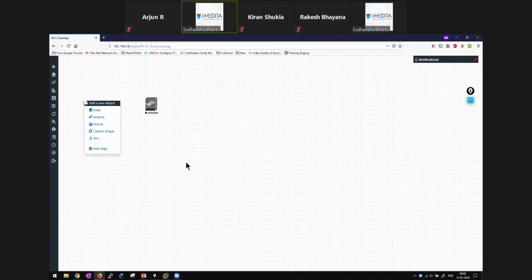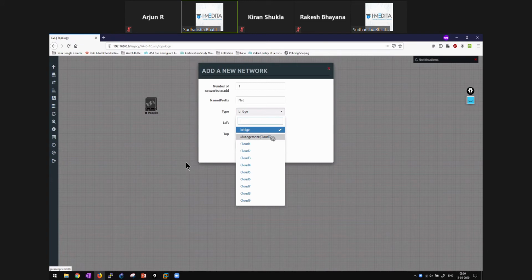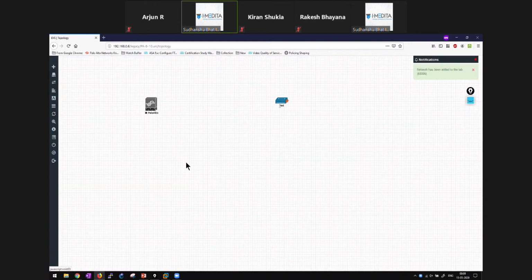For now we don't need those other machines, but later on we are going to have an inside zone, DMZ, and outside. In order to connect to outside, this is what I'll do. I'll click and select network. Now what I'm doing is bridging it to my physical network actually. So I'll select management cloud 0 here. If you select bridge, it just gives you a hub-like thing. We don't need that.